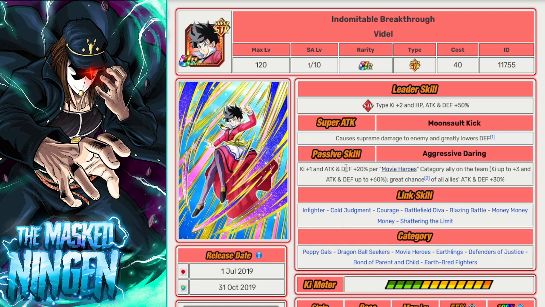We have this free-to-play Videl from the story event, because obviously we had the updated versions of the Goten and Trunks already. So her getting an easy A could be pretty good. She is fully built around being on a Movie Heroes team. For some reason, she only has a chance of providing support to all allies, so with an easy A, you